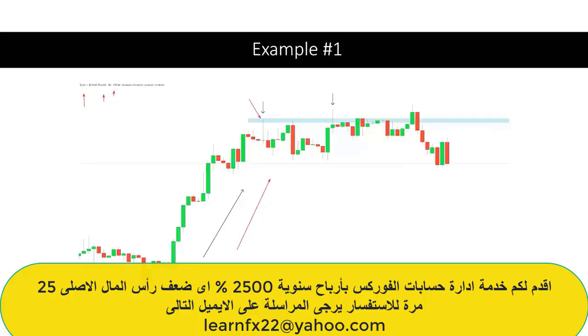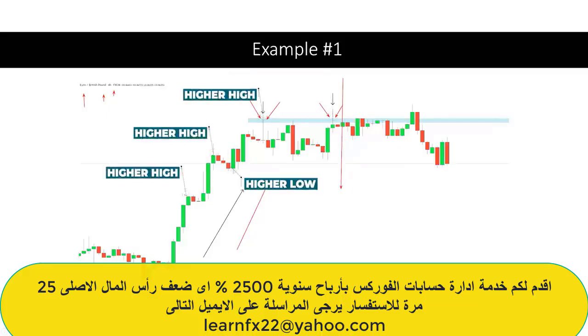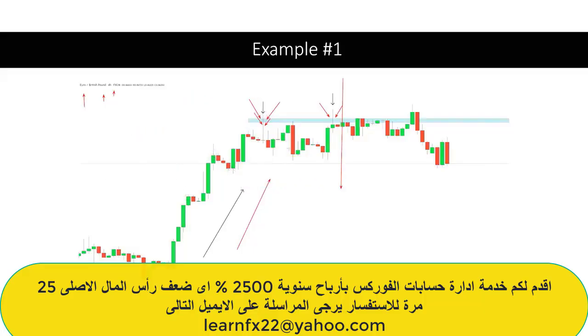If you see here with this example, we have a huge wick rejection. Here in this example, we also have another huge wick rejection. Now notice, at this point in time, with the data to the left of us, we had price pushing bullish. We had price creating higher highs and higher lows. Now, this wick rejection represents nothing to us at this stage, simply because the market is pushing bullish and it's able to do that. There's not a key level to work with, so we wait to see what happens.